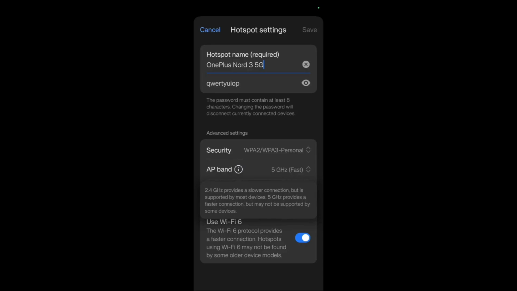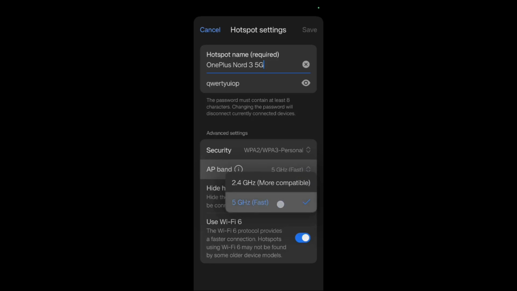You can click onto this I button, and from here you will get a brief overview of what these frequencies mean. So 2.4 GHz provides a slower connection but is supported by most devices. Also its range tends to be a little longer, whereas 5 GHz provides a faster connection but may not be supported by some devices. So if your other device on which you are sharing the network supports 5 GHz, you can simply choose it to 5 GHz and the network speed will be